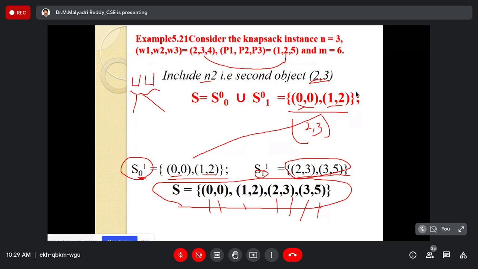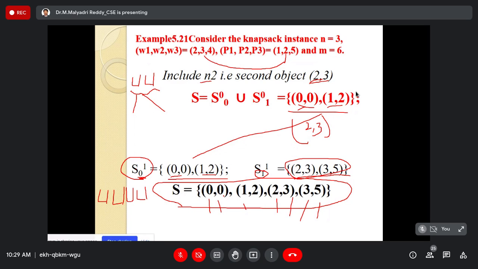So these four feasible solutions will be stored in the table for further use. No need to move the first object and second object at the end of the second object. So all possible feasible solutions are available at (0,0), (1,2), (2,3), (3,5). That means at the end of the second object, a total of four feasible solutions are available, and we have to use them to solve the problem by picking the corresponding items.